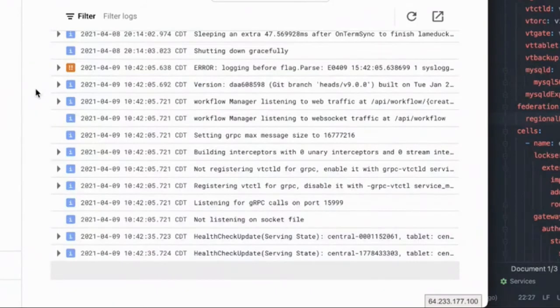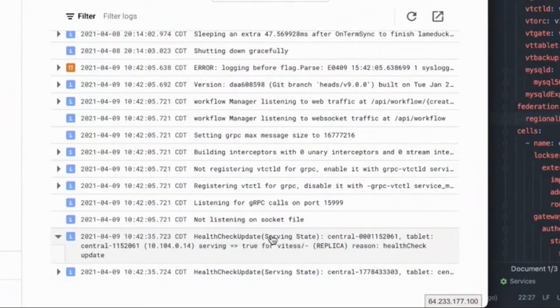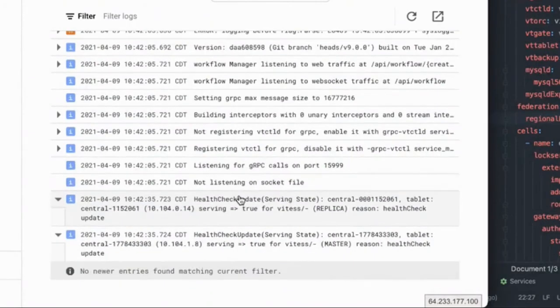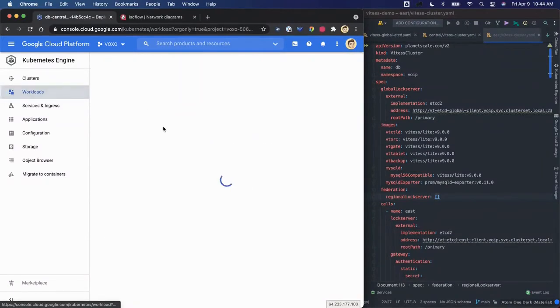Yep, so we're looking good here. We're getting good health checks on the central tablets. Yep, we're serving tablets now, and we can see everything kind of connected here. So I'm going to go ahead and